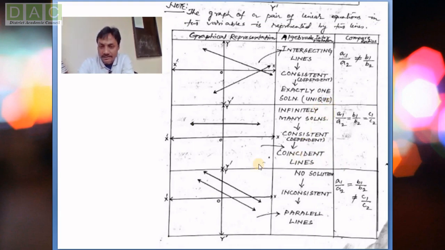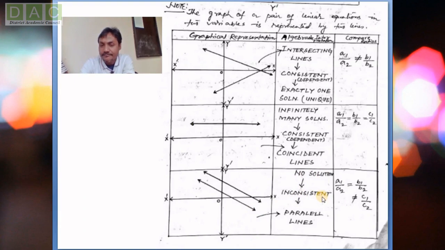Now we go to the third graphical representation. Here we are getting exactly two straight lines, but the unique feature of these two straight lines is that they are parallel to each other. What do we mean by parallel here? You can observe the gap between these two straight lines at every point is equal, so we can say these two straight lines are parallel. So if the graphical representation shows parallel lines, then in the algebraic interpretation we get no solution, which is called inconsistent.